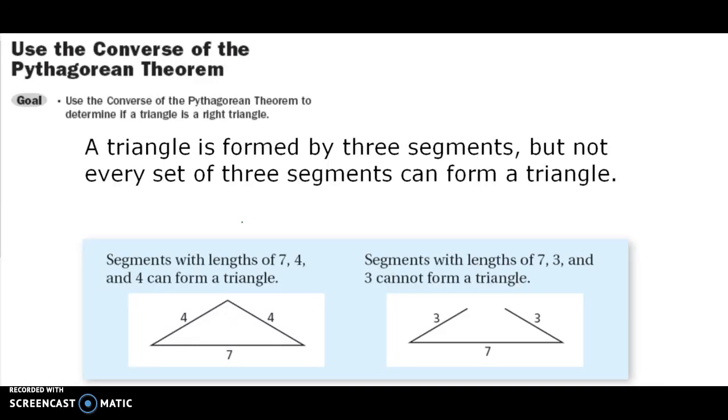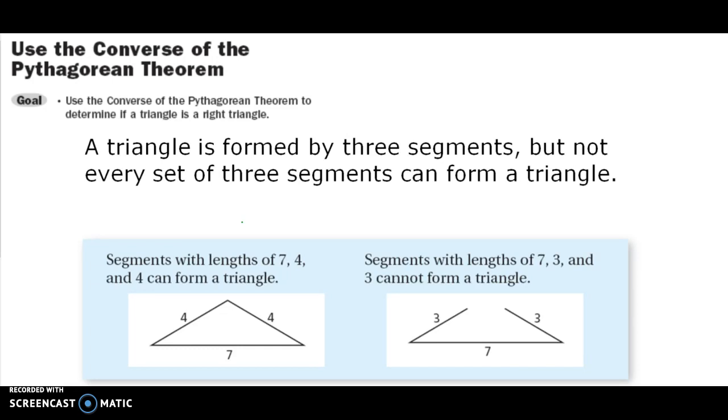Alright, so what does converse mean? When we have a theorem, we have the converse, so it's backwards. So if B, then A. We're going to do if A, then B. So our converse of the Pythagorean theorem says that if a triangle is formed by 3 segments, but if there's